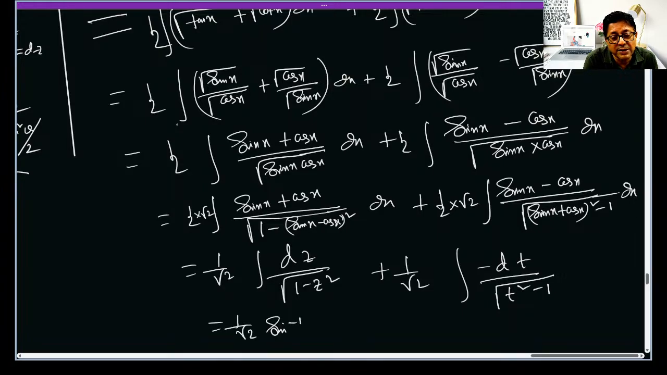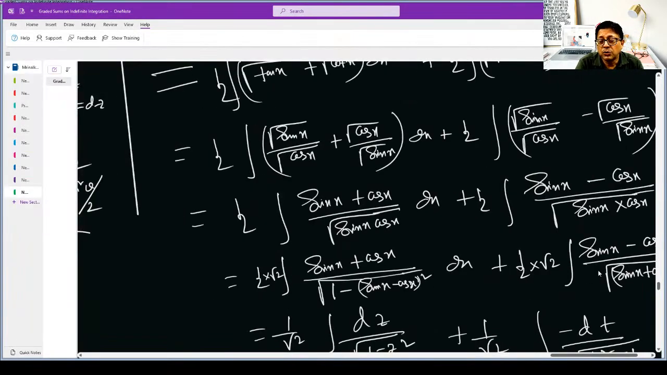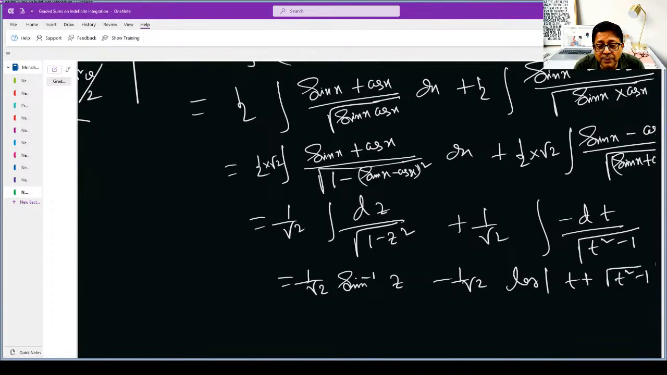This is sin inverse z, and 1 by root 2 log of mod of, simplify is yours now. I am not going to do, ending the session here. Just put z equal to sin x minus cos x here and t equal to sin x plus cos x. Clear? Understood? So what I told, you should remember, practice